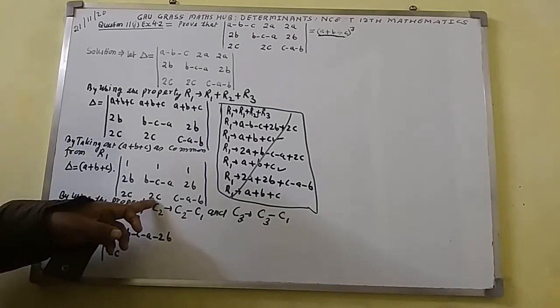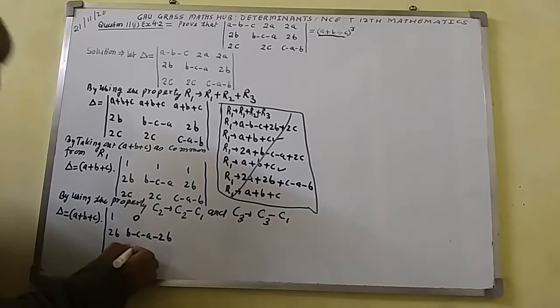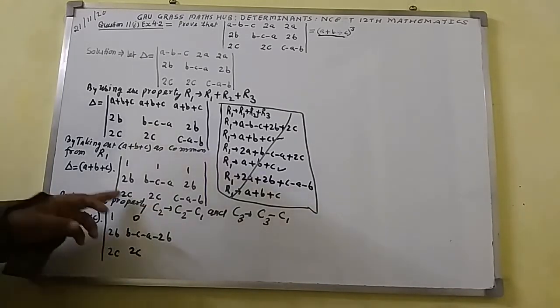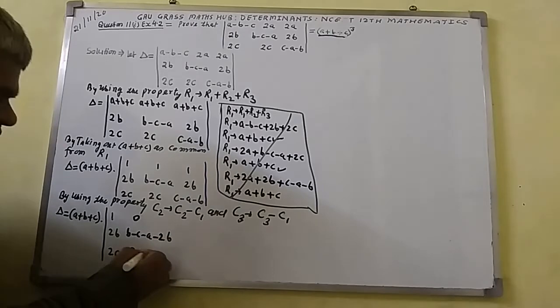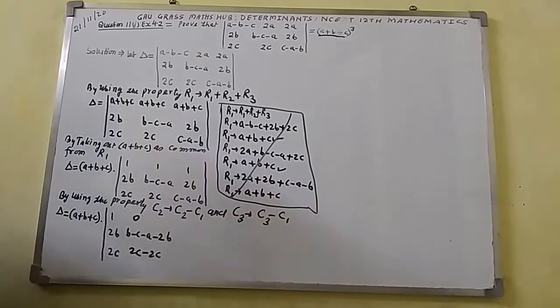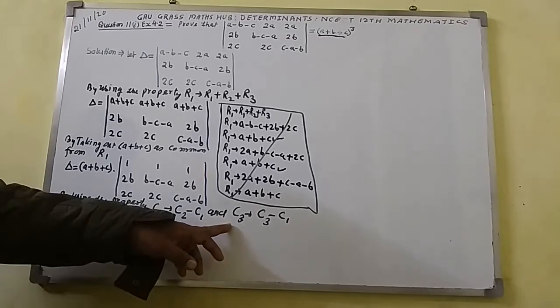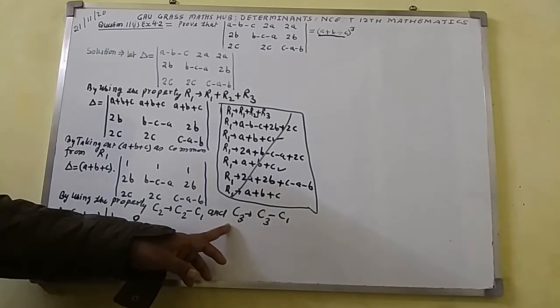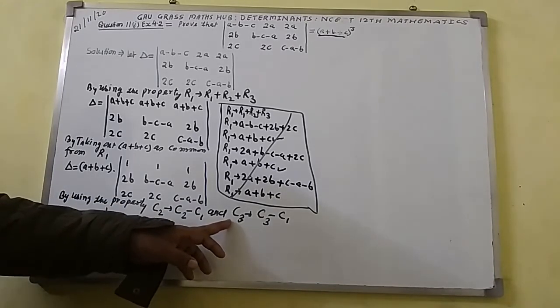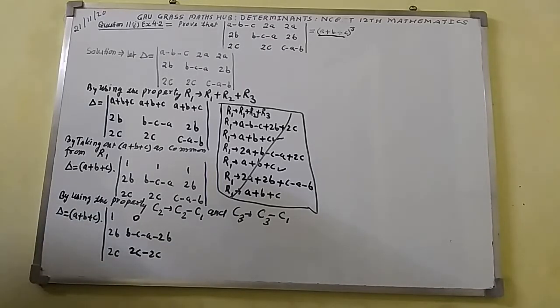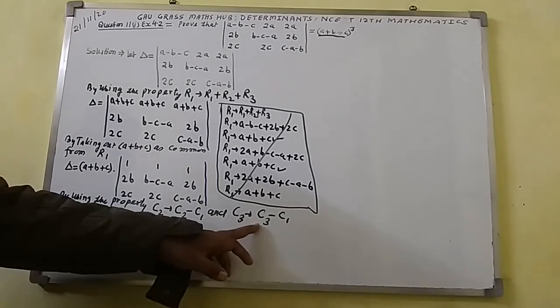This is C2. The C2 is 2C here. Right here 2C. Minus this is C1, 2C. Right here C1. Again for here I have written C3 goes to. This means that changes will occur in the third column only. So let us see what changes will occur. Here I have written C3 goes to.